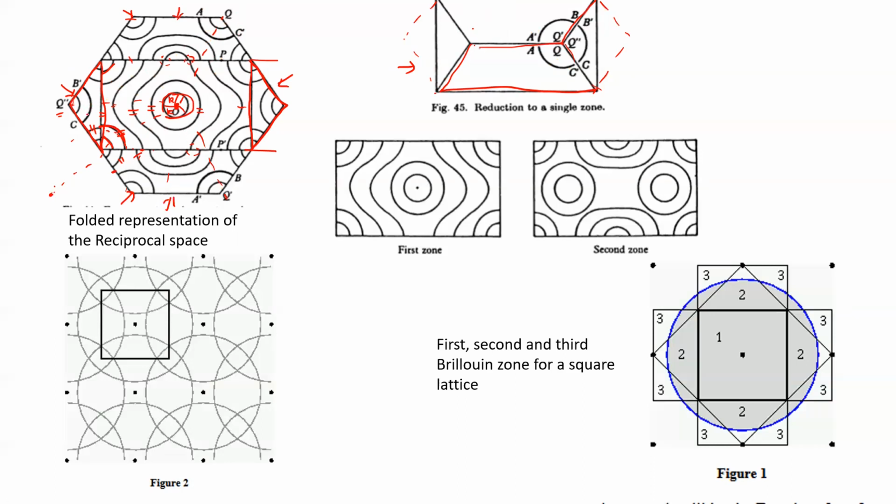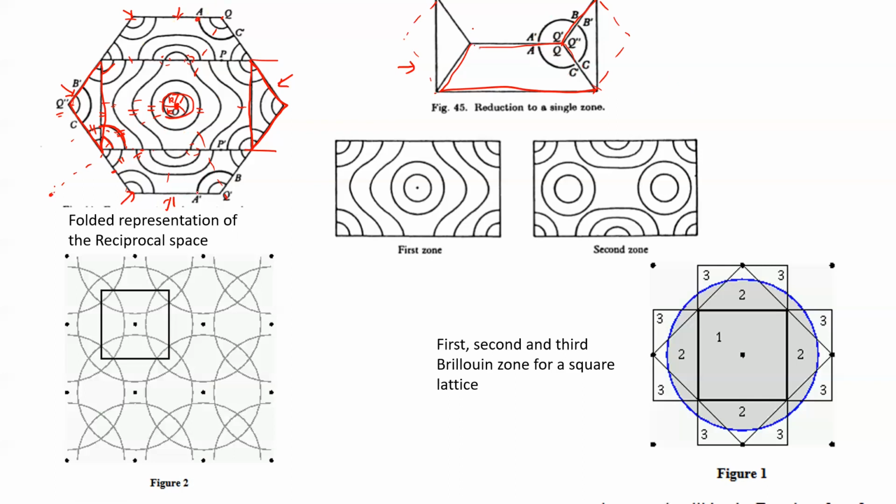So they are all equivalent in energy and they interfere with each other. So you form one particular point in the reduced Brillouin zone, which marks this set Q dash and Q double dash. The same thing can happen in A dash, B dash, and C dash,